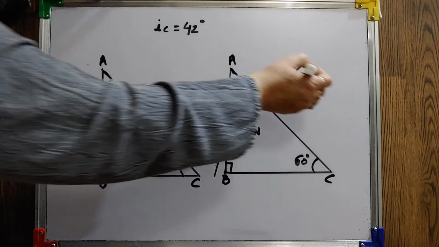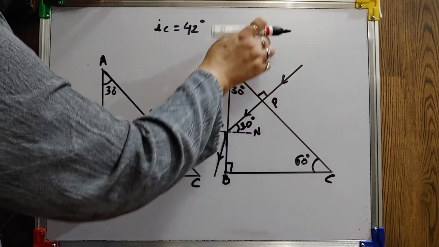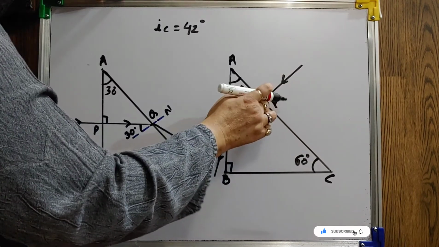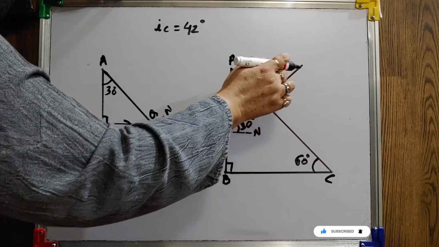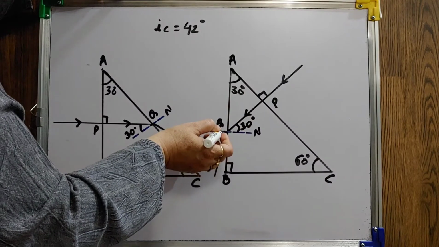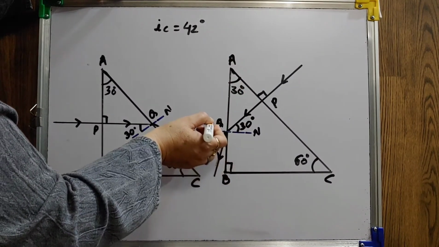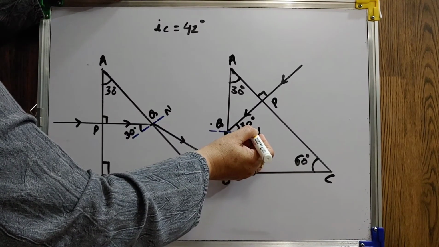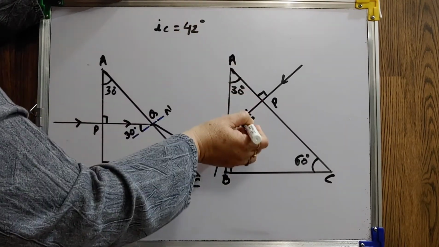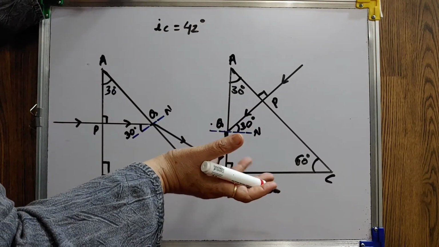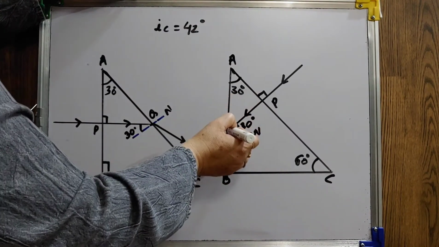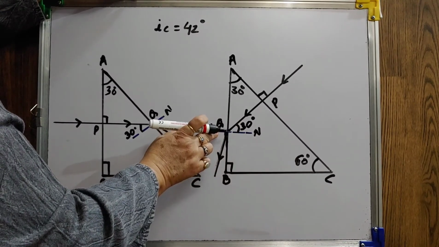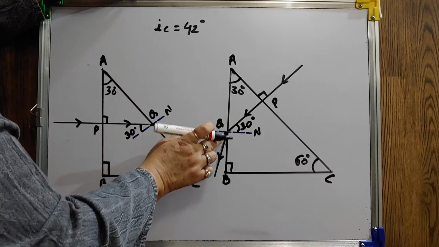Same way, here the incident ray is perpendicular at AC, that is on the hypotenuse. Now, since again it is normal, it will pass undeviated, and it strikes AB at Q. Now, just look here, again the angle of incidence is 30 degrees, which is less than 42 degrees. So, total internal reflection doesn't occur. Again, it will move out of the prism as QB. So, it emerges out as QB.